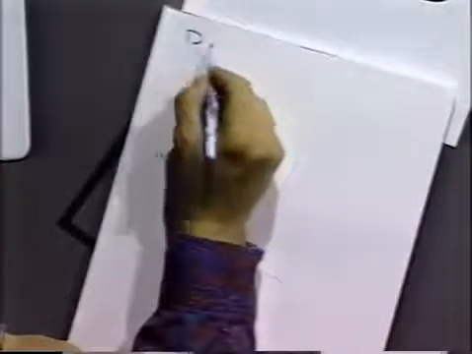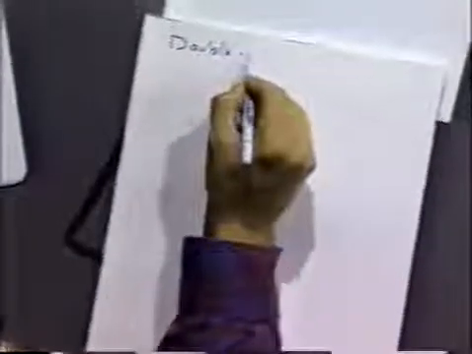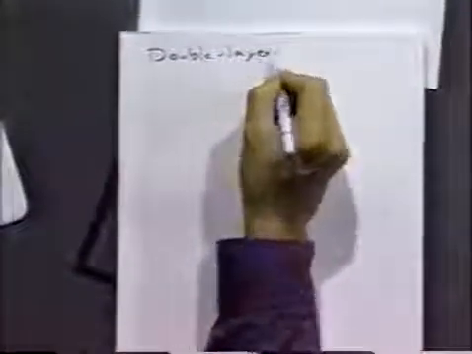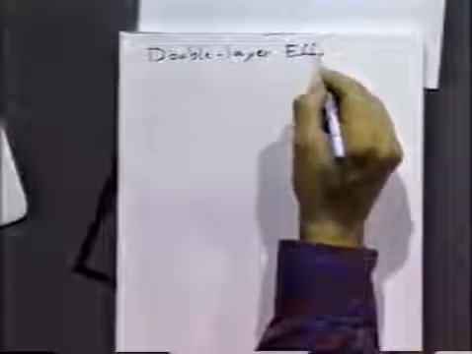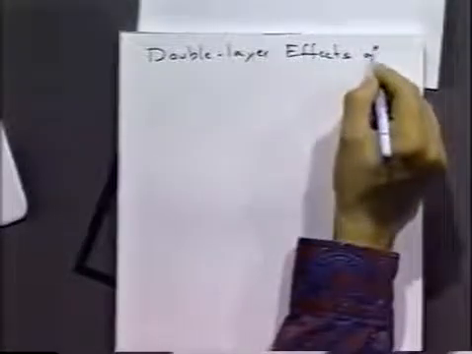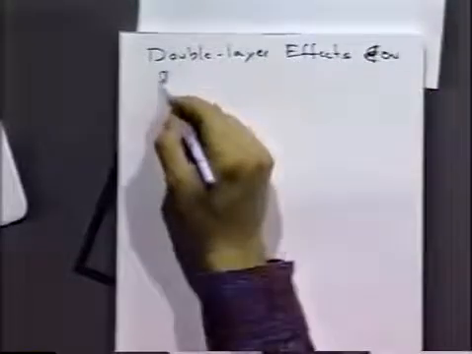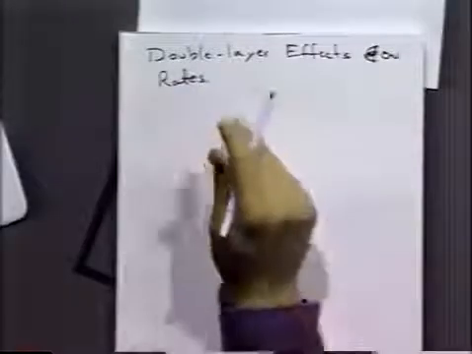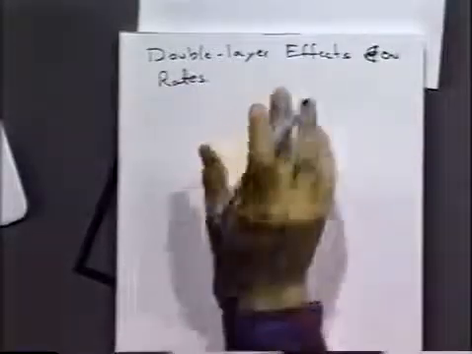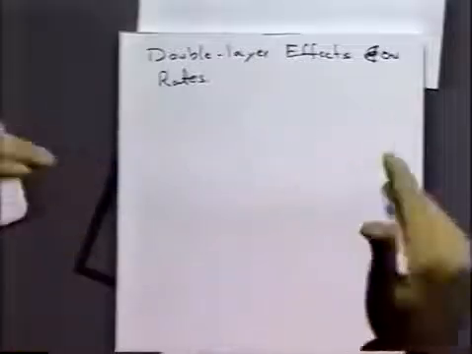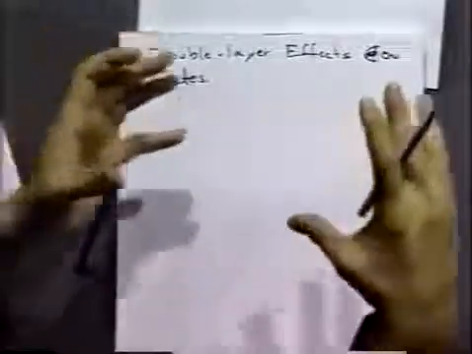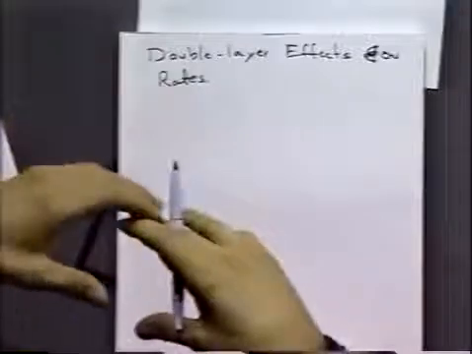The last thing we want to talk about is the double layer effect on the rate constant. Let's talk about nonspecific adsorption first. Remember, when we talk about nonspecific adsorption, we're talking about molecules or ions that are moving close to the electrode. They're not stuck to the electrode. They're just at the minimum approach, the outer Helmholtz plane, and then they can be concentrated in the region